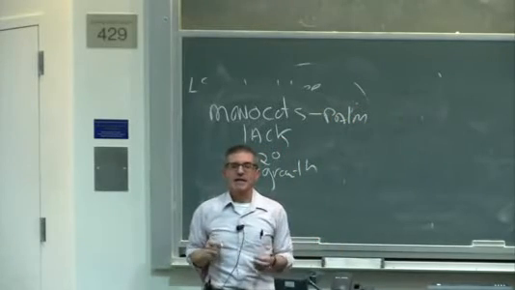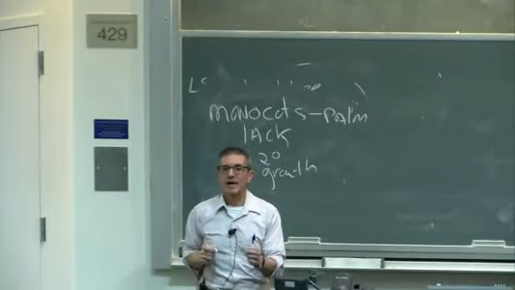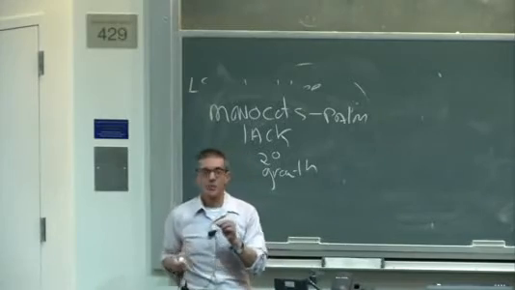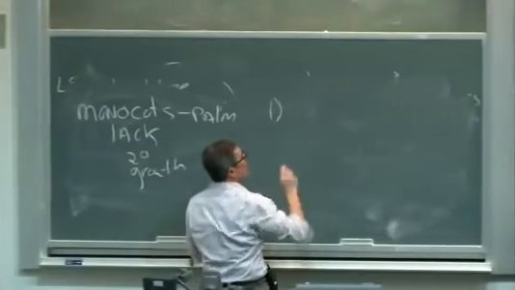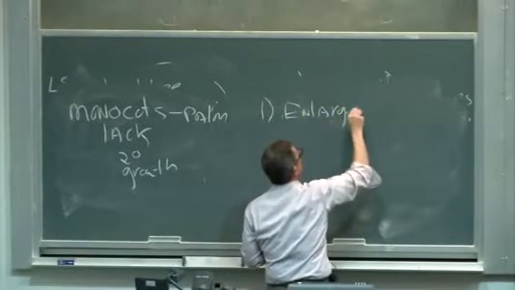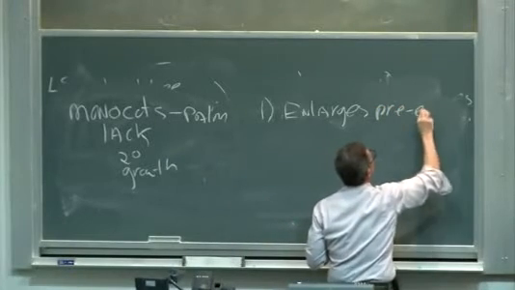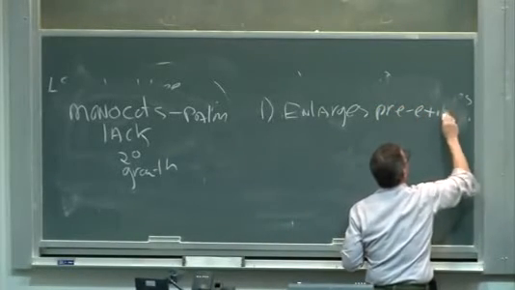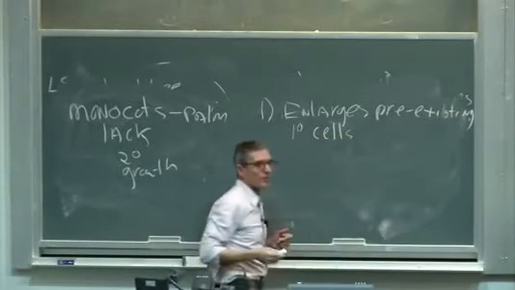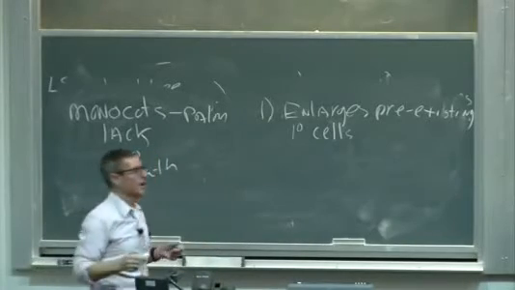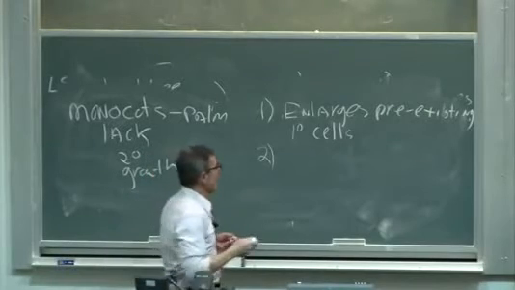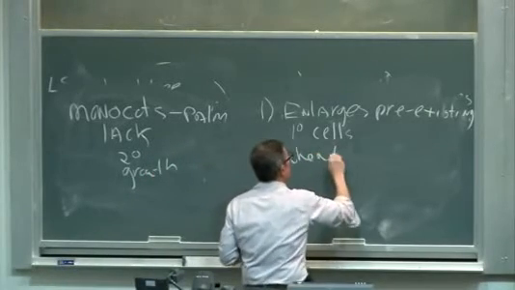Well, it is able to get to be a large tree not by developing a vascular cambium, but by taking on other sorts of processes. And these three processes are: to get to be a big tree, it enlarges pre-existing primary cells. So it just takes cells which have been formed from the apical meristem and makes them bigger, so that increases the dimension. The second, which we'll show you pictures of in a moment, is that when the leaves fall off,